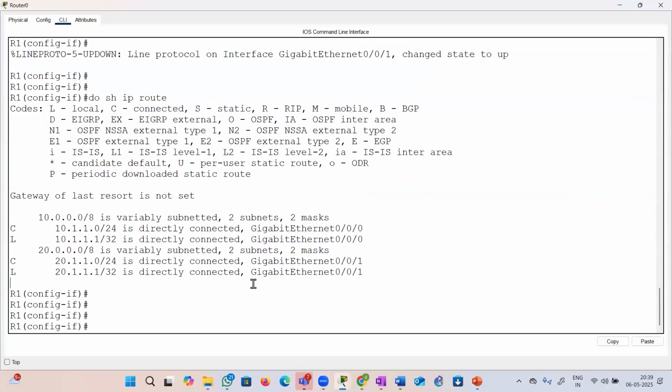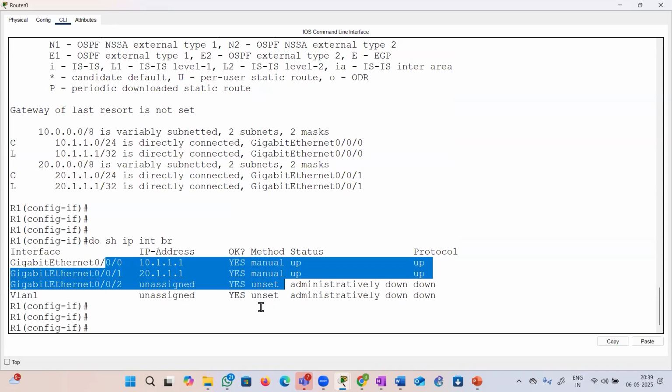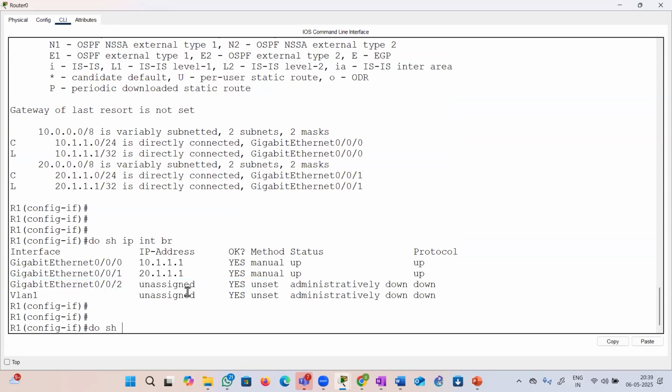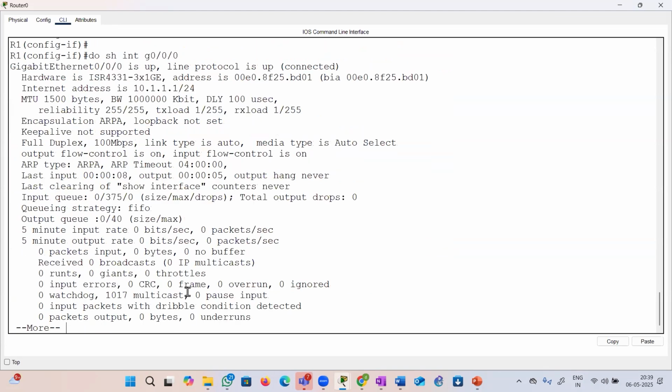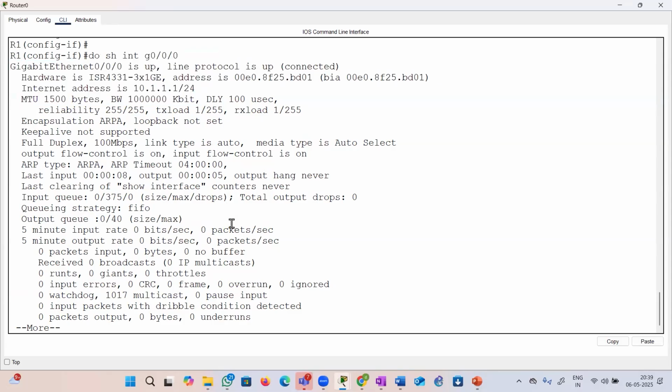So if I'm at the privileged mode, I'll just type show ip interface brief. But here I have to type do, this understood, right? Do show ip interface brief. So look, is it okay? One command. Second command is do show interface, a specific interface or port. Do show interface. Now we can say this is up and up. See that? And we can read the IP address and subnet mask here in the third or fourth line. Got it? Yes or no? Good. And the third command can be